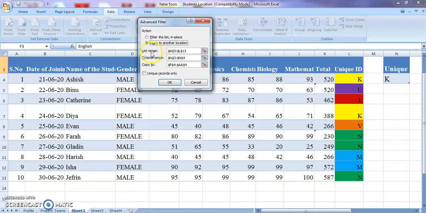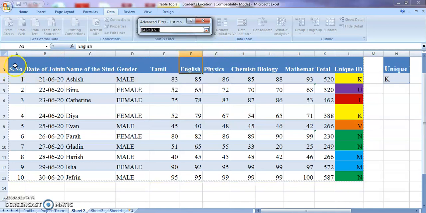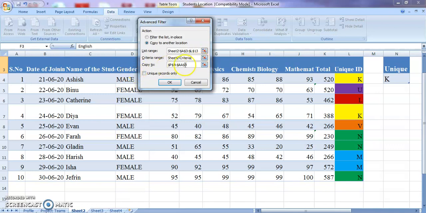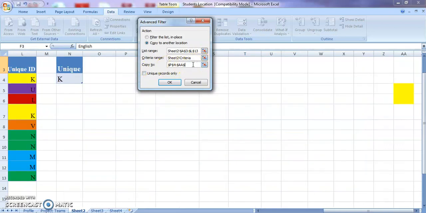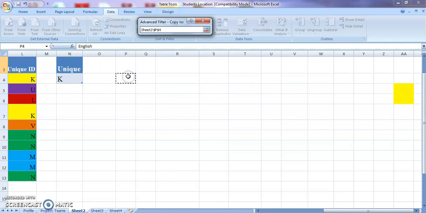Now it is asking what your list range is. The list range has already been selected from A. If you want, you can do it; I'll show you. This is how you select it. You have to select the entire data, then go back for selecting the criteria range. This is the criteria range, and it is also selected. Now go to where I have to copy. This is showing some other location, so I'll choose again. I'm choosing this. It is enough that you choose a single cell. That is quite enough. You don't need to select the entire range.